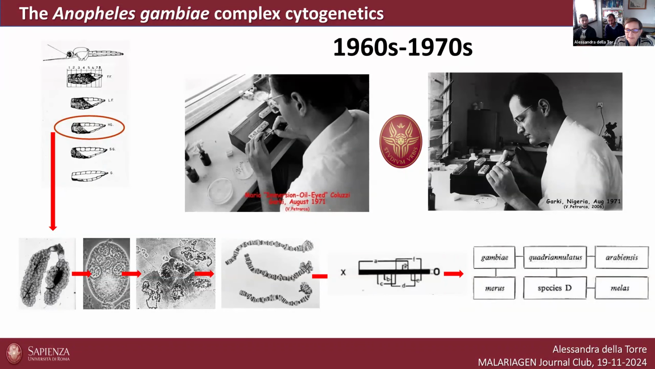And we published this first paper based on a mutation in the IGS region, which could identify the 3 most widespread chromosomal forms, which were Forest, Savanna, and Mopti. And this first work was based on samples from northern savanna areas. But then when we applied the same tool to a larger